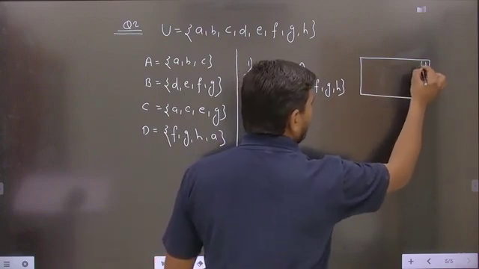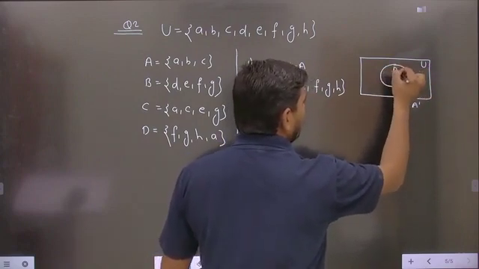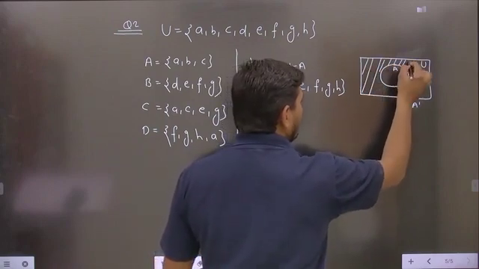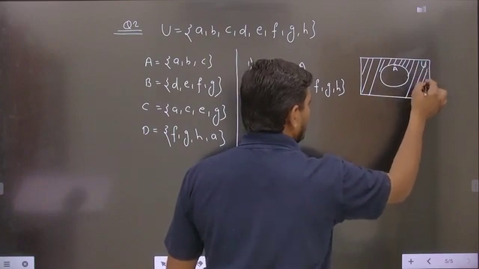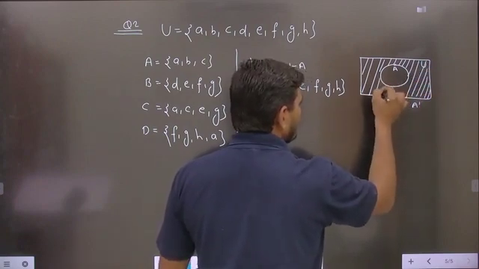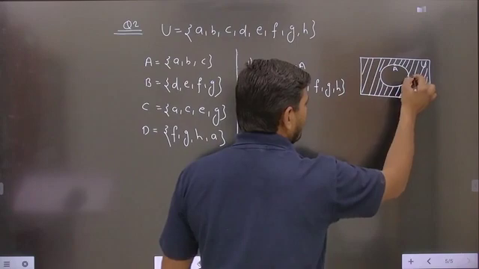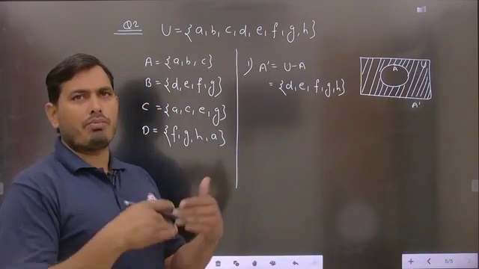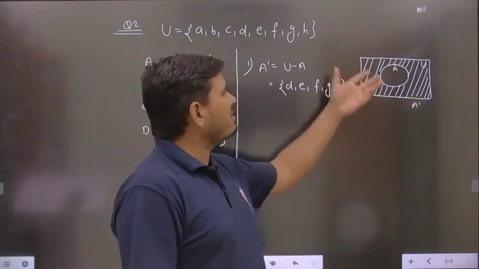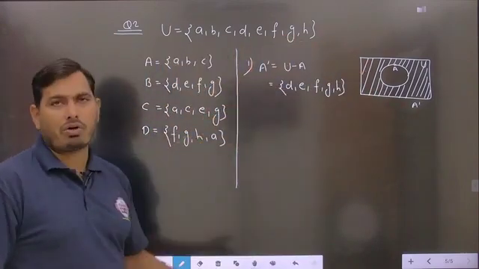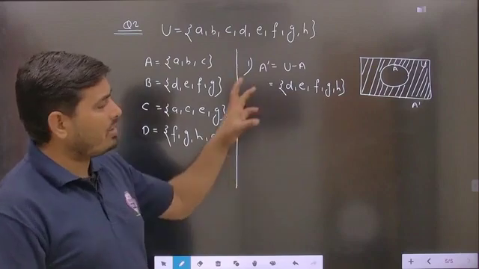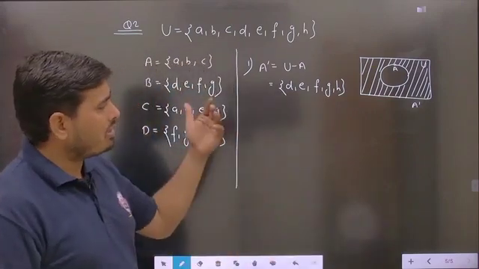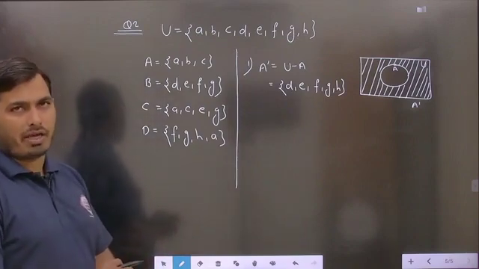Here U is to be given and here A is to be given. Then you can just shade this part, meaning except for this A, you shade the remaining part. Then this will represent the Venn diagram of the given operation A dash, a very simple Venn diagram. You can also represent the elements, but we are not representing each and every element included in each set; we can represent this with the help of a Venn diagram.